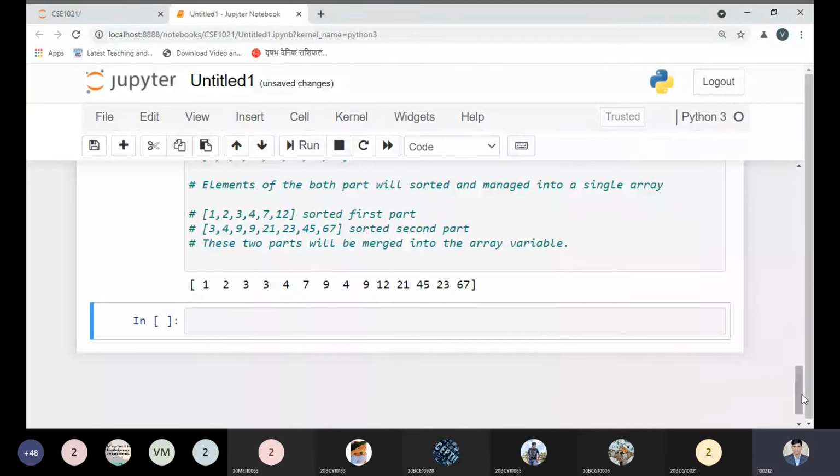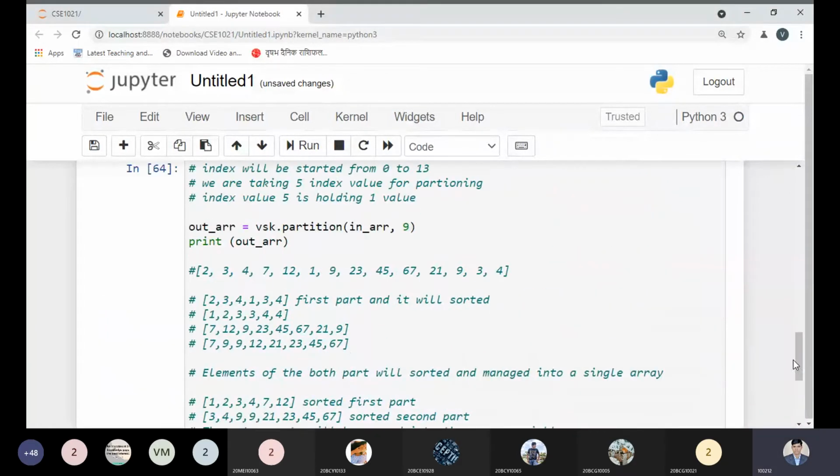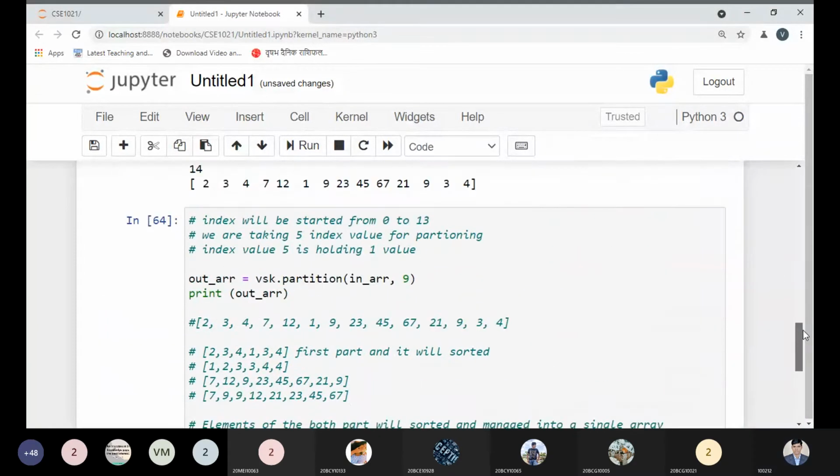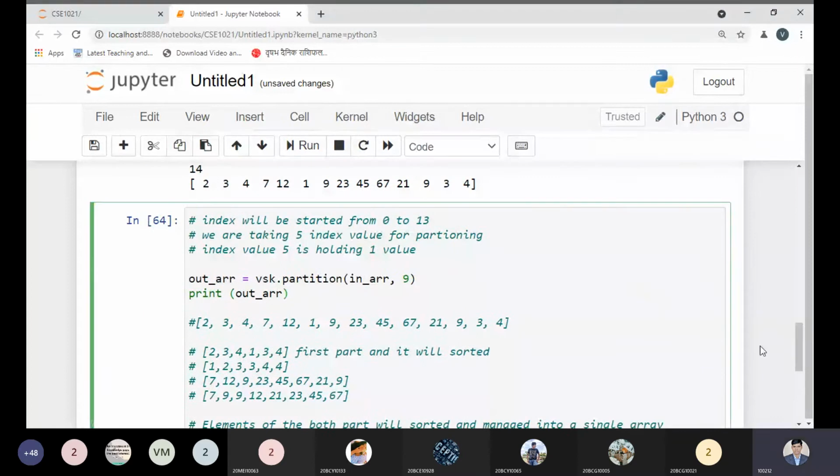So it is happening, but see, okay. Now tell me here in the output, what about 23? Yes, tell me.